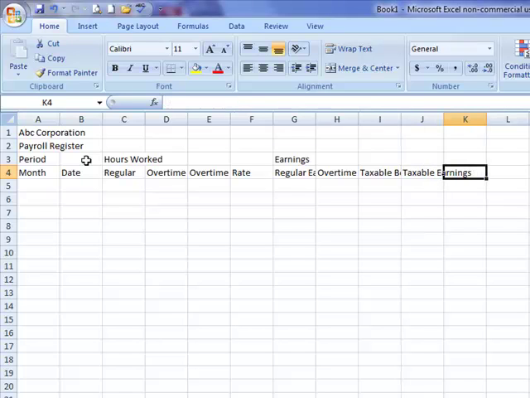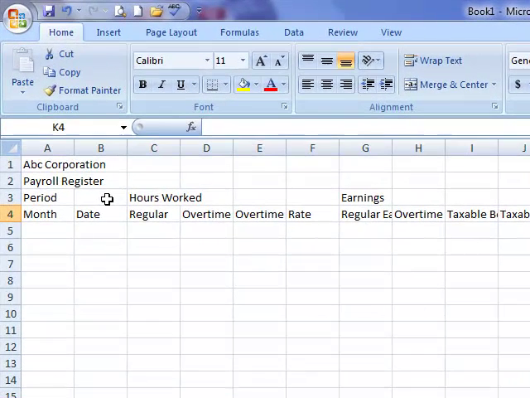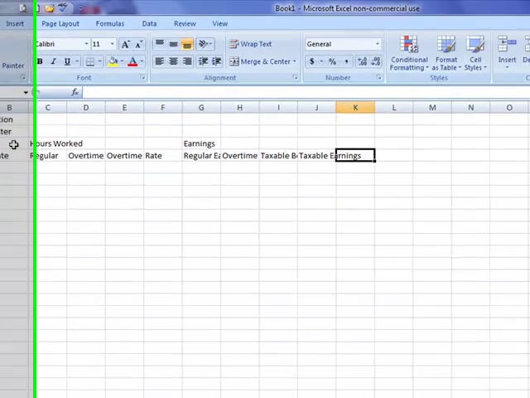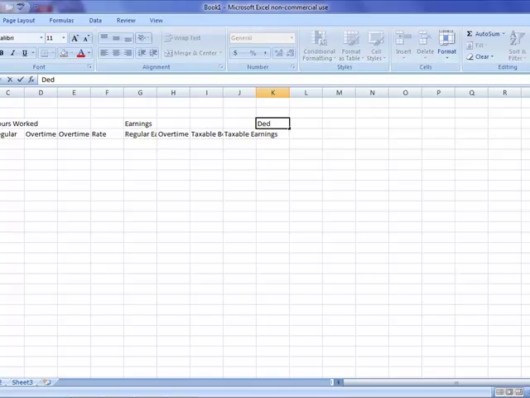Now, unfortunately, based on your hours worked and your rate, the amount of earnings that you are being paid is not what you get on your paycheck. Unfortunately, there are deductions. And the deductions include the normal payroll deductions. We have CPP, we have EI, we have income tax, and also in some situations you have a pension premium,